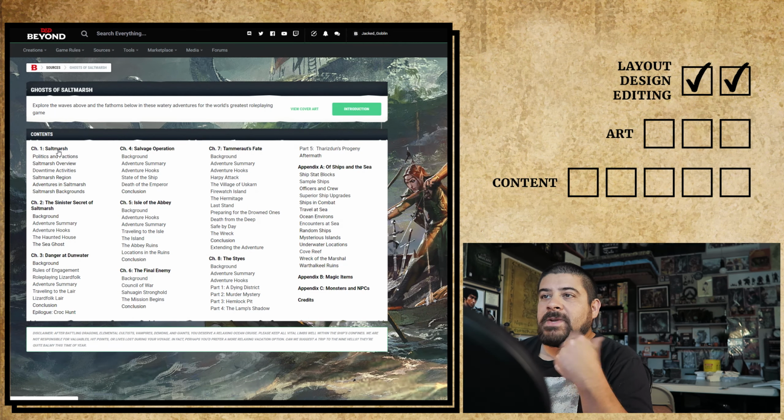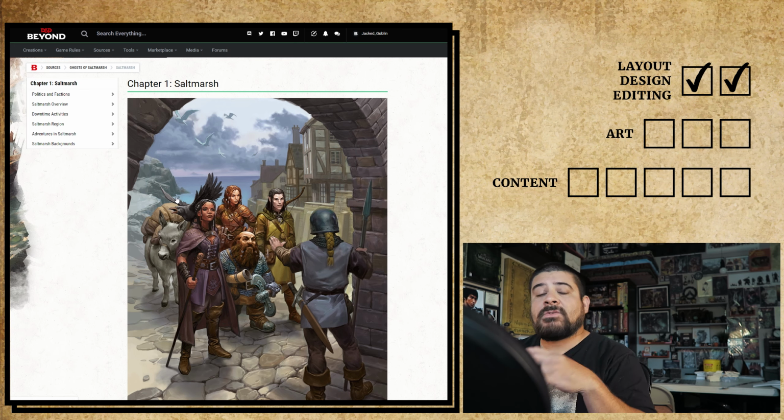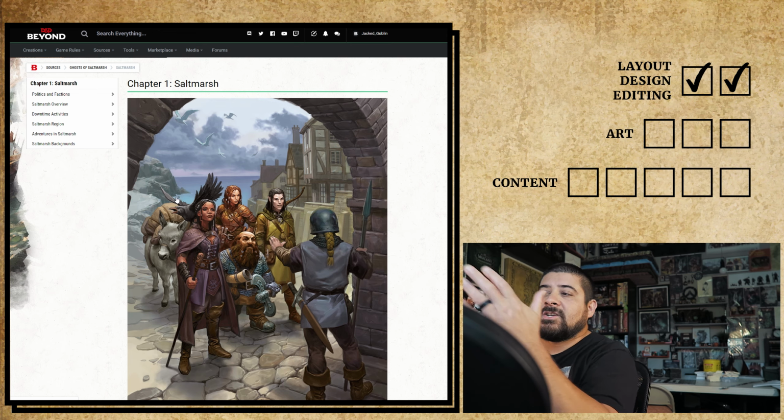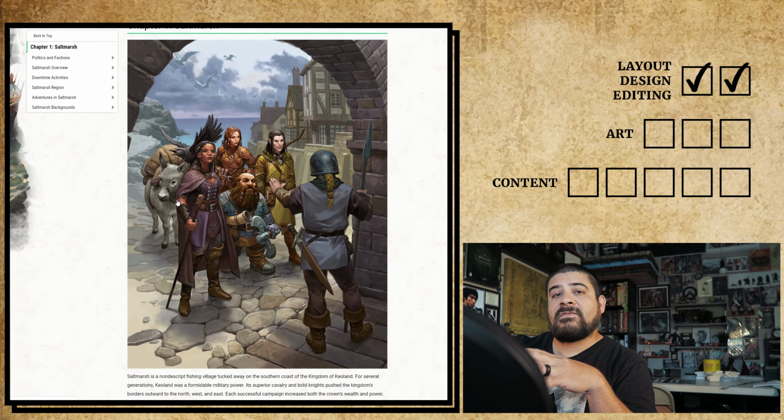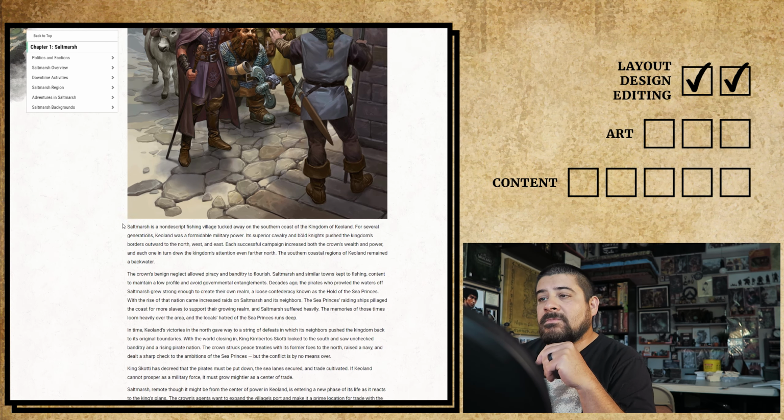Really cool. Once we get into the book itself, you have the introduction of the place, the village of Saltmarsh. I like this look because it's a port town. It's along the coast. Shows some adventurers kind of being held up at the front gates or door by some kind of a guard. But in the background, you get a feel. It reminds us of sort of that port city, that port town. Very cool. But notice as we scroll through,